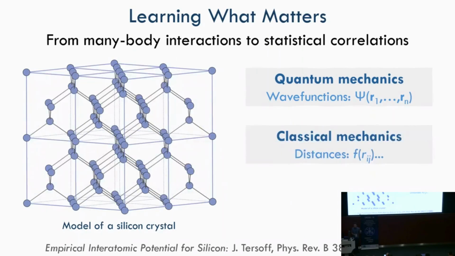One of the jumps we often make in the field is to move to classical mechanics. We say, okay, the system is quantum, but we can approximate it by balls and springs. The atoms are connected, and we can solve that much more straightforwardly. We can also evolve large systems over long times, solving Newton's equations, where you have spring constants that are informed by quantum mechanics. And that's one of the big branches in computational chemistry.